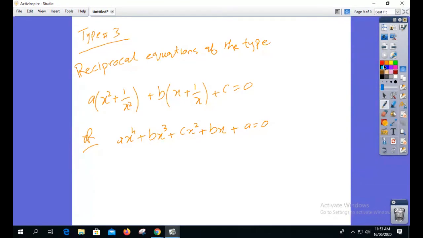Here you can see that a same, b same. So from starting, the first term coefficient of x4 is a and the last term is a. First and last term have same constant value. Similarly, in third and second last we have same b and b, or like this we have type number 3. So question number 10 is related to type number 3.